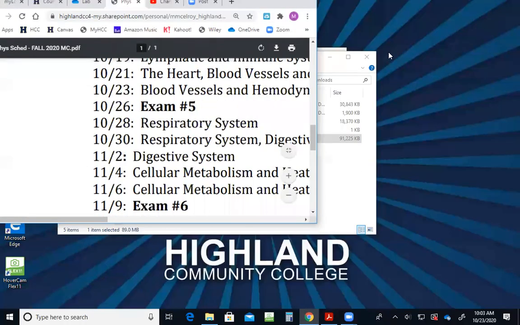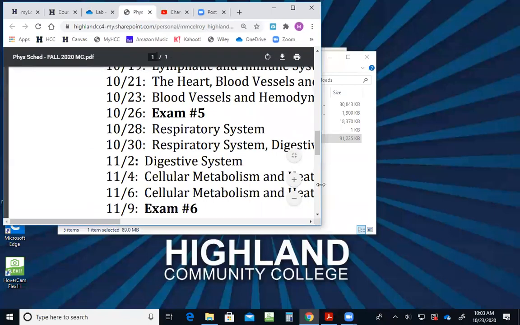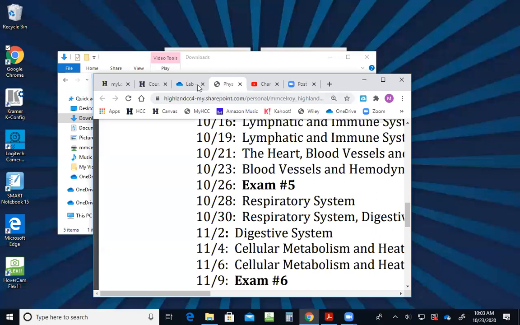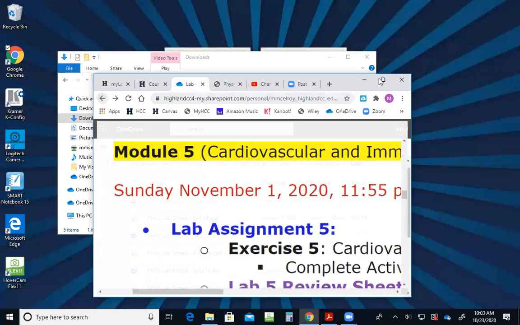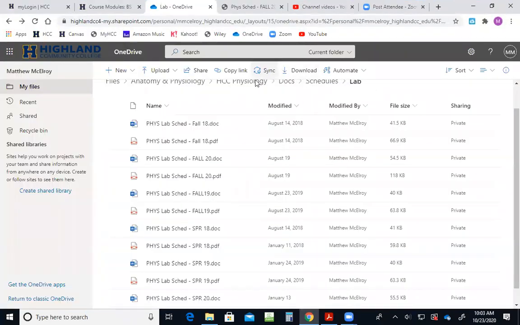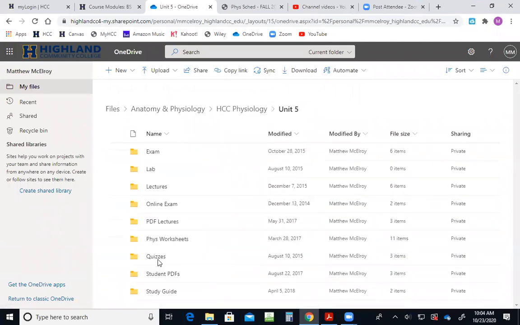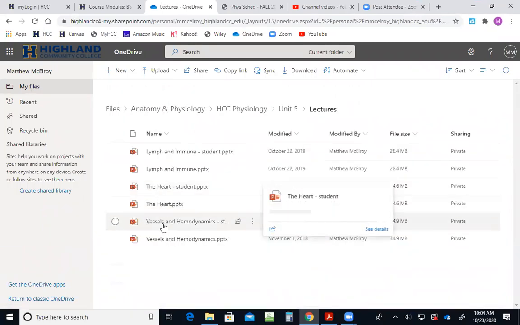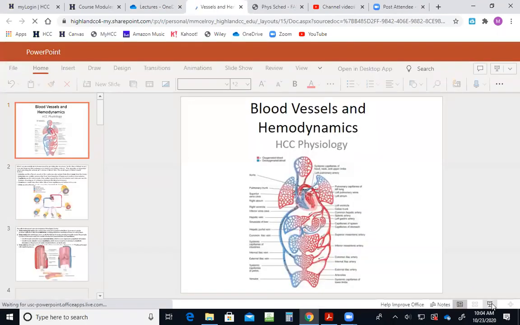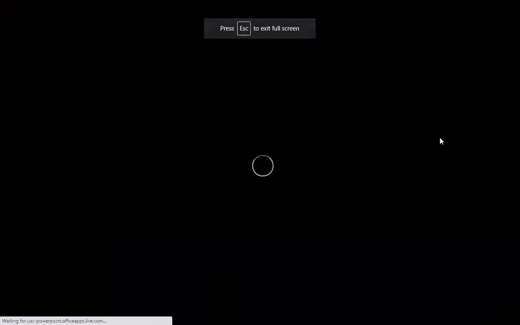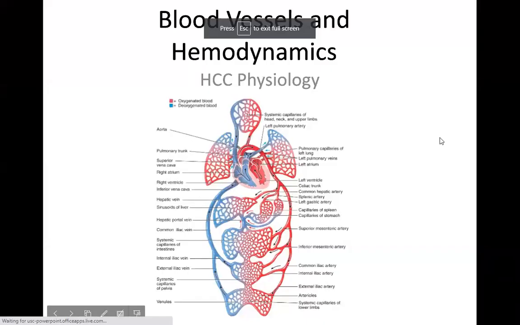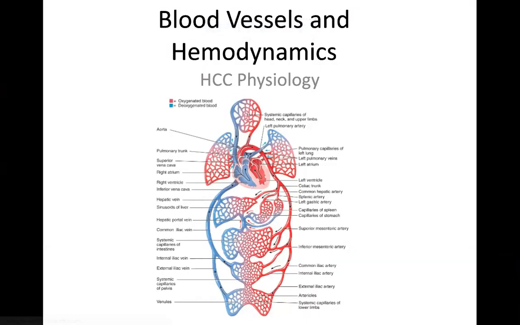Okay, well then we will get going here, talking about blood vessels, if I can get the screen to move here. Okay, so the title of our lecture here is Blood Vessels and Hemodynamics, which is a term that refers to different